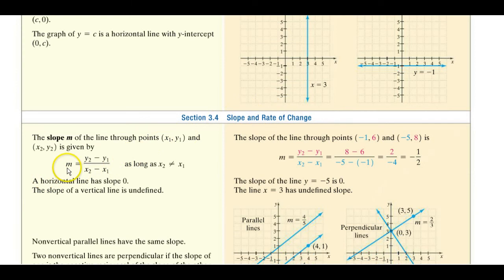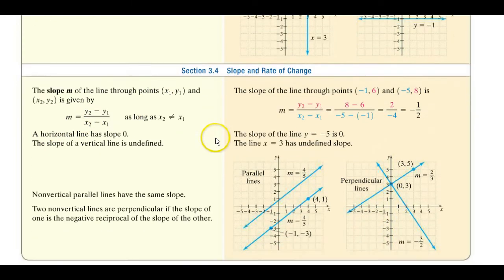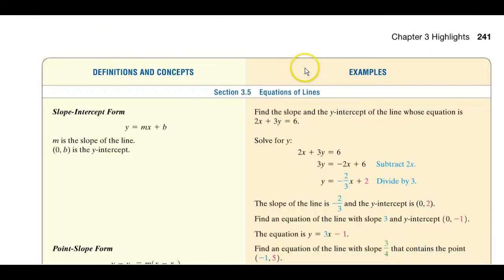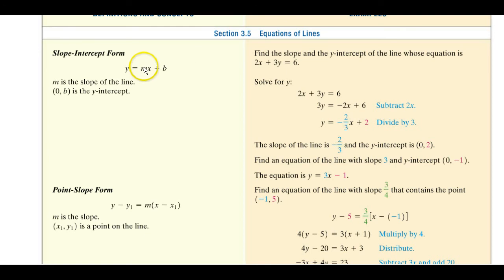There's your slope formula, formula 3. If the slopes are the same but different y-intercepts, they're parallel. If the slope of one is the negative reciprocal of the other, you get lines or slopes that are perpendicular. And then there's the slope-intercept form, formula 2, formula 4,